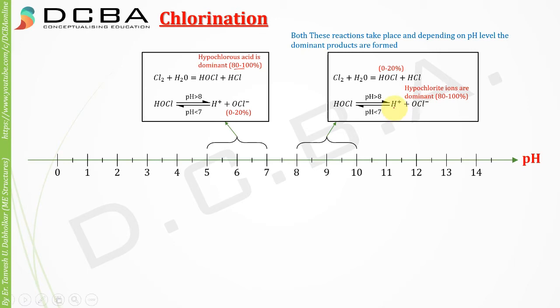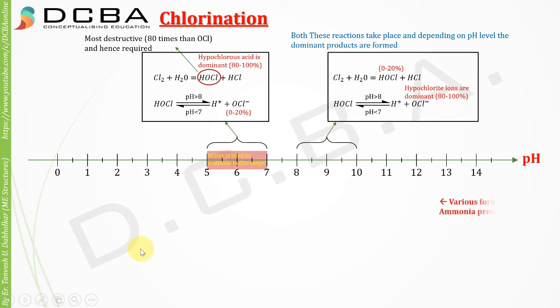A thing to notice here is that hypochlorous acid is most destructive. It is 80 times more destructive than hypochlorite ions, and hence this is required. Your hypochlorite ions may not be required that much, but hypochlorous acid is required. So what we have to do, we should obviously maintain the pH level of water between 5 to 7, right? Only if we maintain this pH will the formation of hypochlorous acid be more, correct? So water is tried to be maintained in this range.